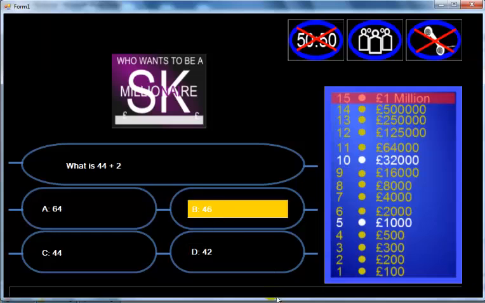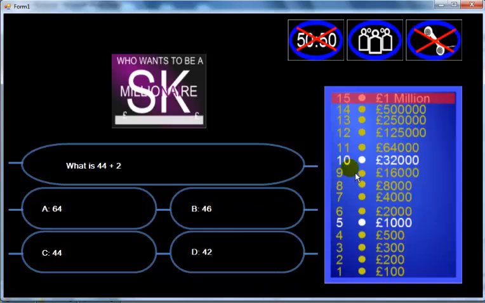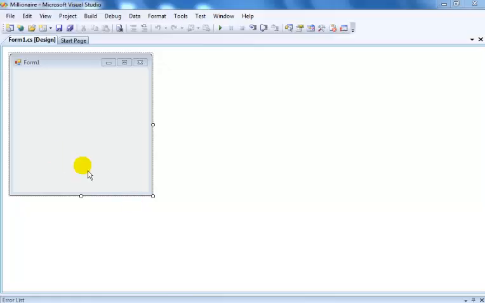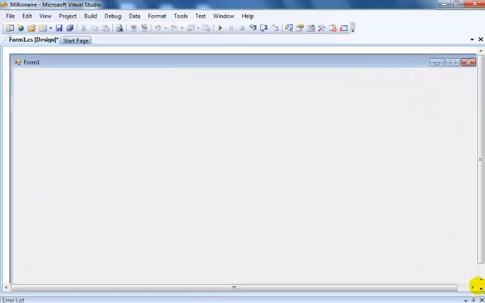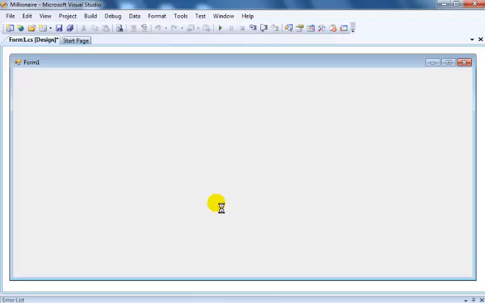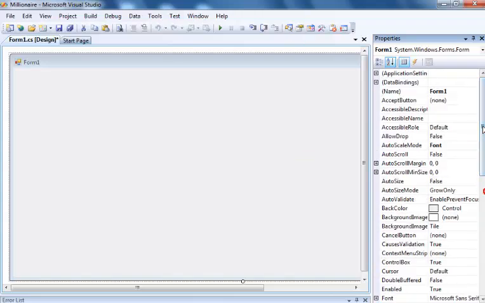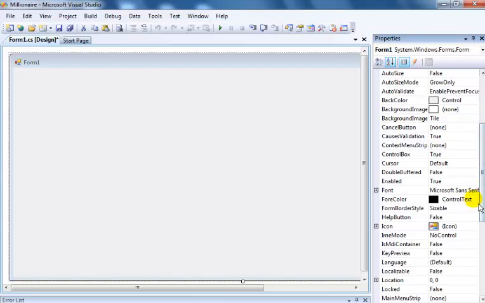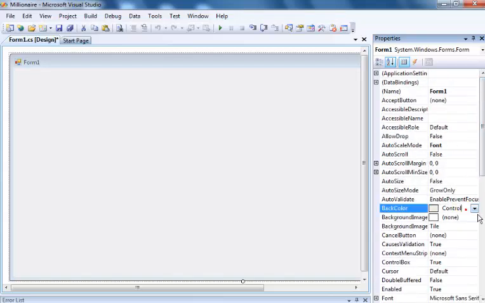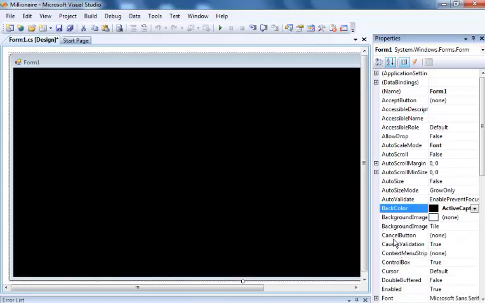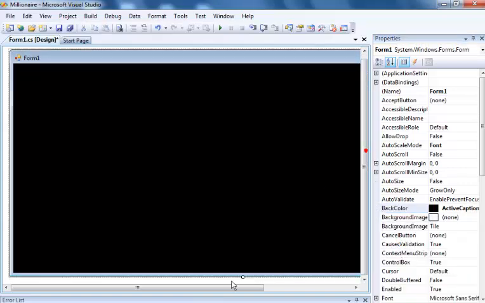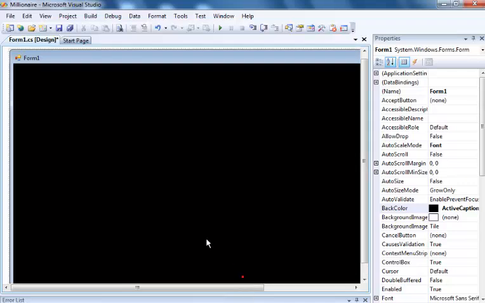Okay, let's go into visualstudio.net now. Alright. Okay, I've just started a new project now for this Who Wants to Be a Millionaire. So I'm going to just change the property of this form. I'm going to change that to black. Let's change the back color to black. Yeah, that's it. Okay, then the next thing I'll do is I will now add